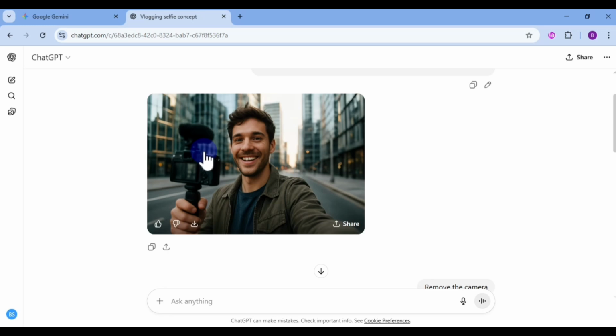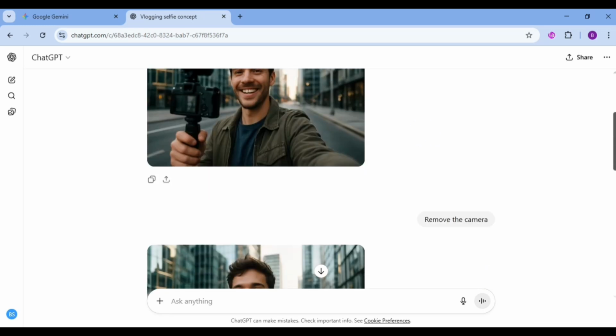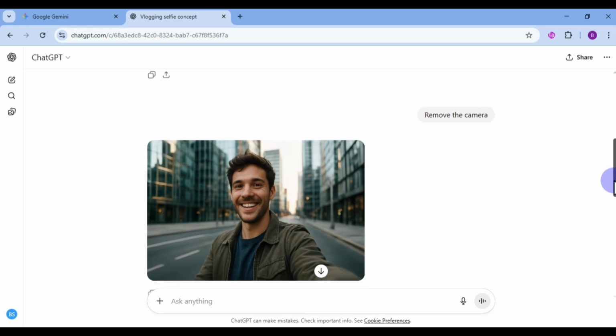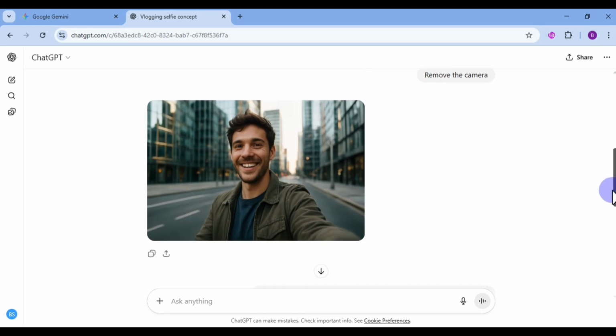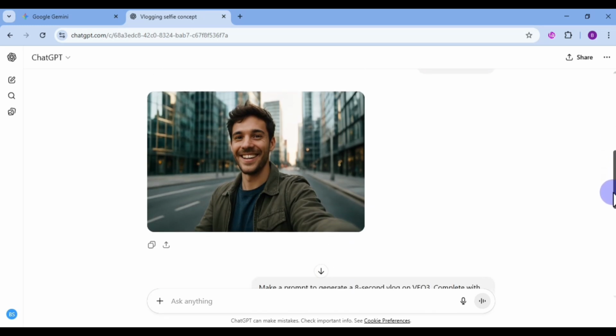And if there's a mistake like mine, the image still has a camera like this. Or if you are not satisfied, you can just tweak your prompt and regenerate until you're happy. Like this. And once you find the best one, just save it and we will use it as starting point